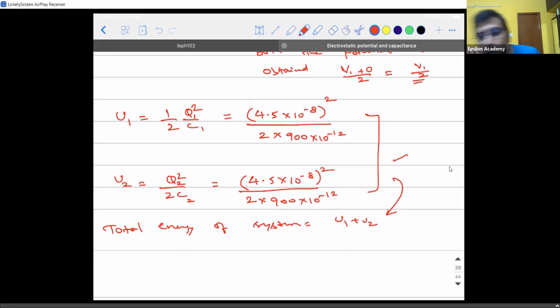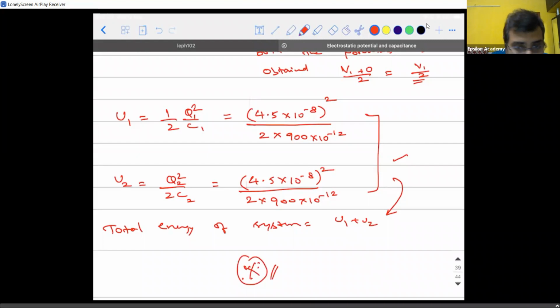Clear? So that is the total energy of the system. This is all about the energy redistribution. Okay, so I need to explain, that's all with this chapter. This chapter is actually over. I told you there is only one concept that is left out, which is not there in the textbook.